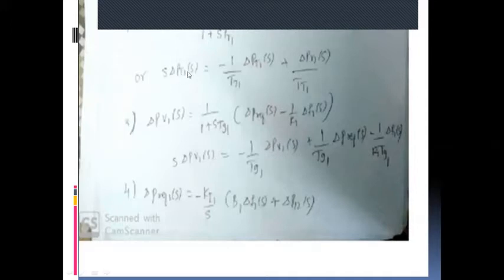You know that delta PT1 of S is the output signal for the turbine. So S into delta PT1 of S you have to obtain, which is the differential equation for the turbine. Like that you have to arrange. Similarly for the speed governor, you know that delta PV1 of S, the change in the power flow of the output valve, that is delta P1, is the output signal.